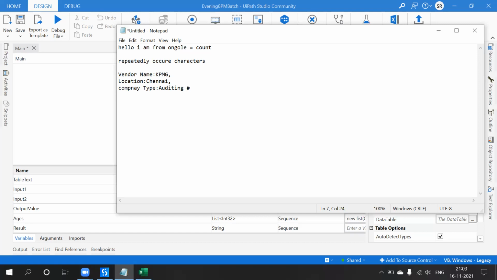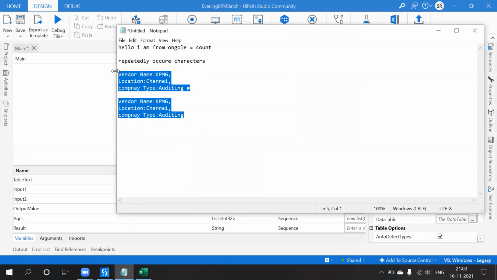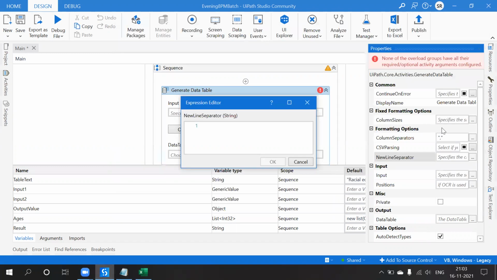After this hash, it's the same information. So you have the information like this. So in that case, whenever you use it, here is the new line separator. So what is that? It is a hash, right?